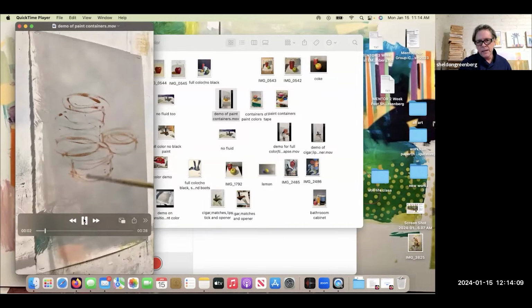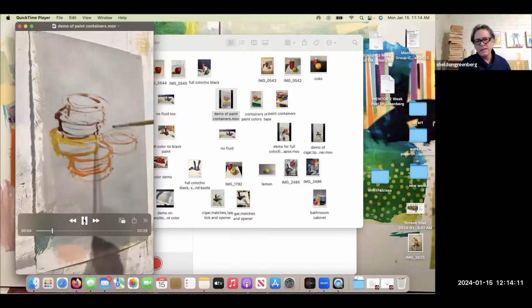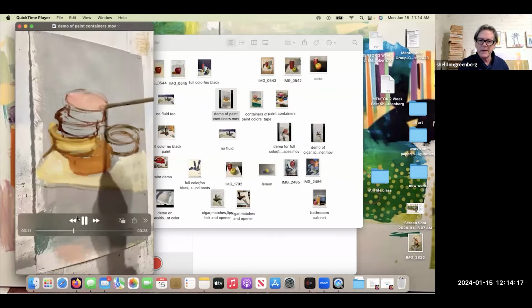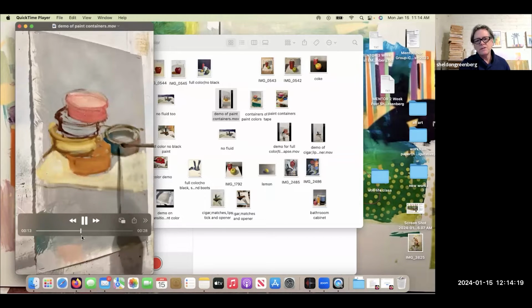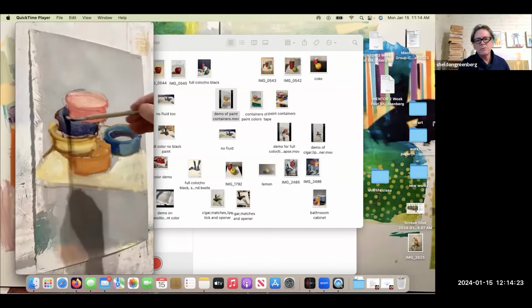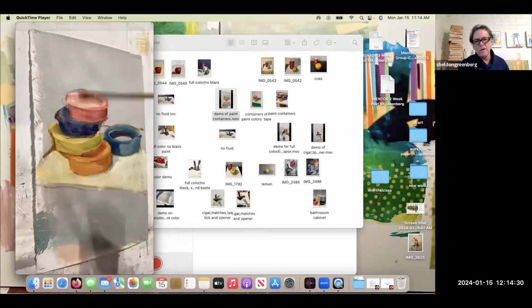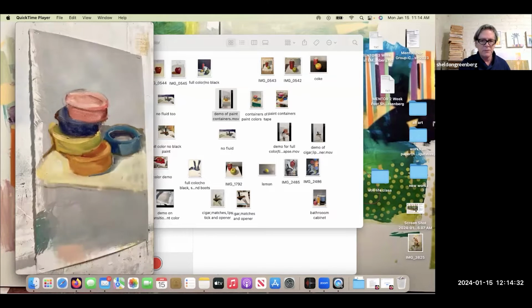So now I'm just drawing it up, keeping it very simple, not getting too specific, blocking in the key color again, and focusing on just the main shapes, starting to get a little bit more specific as I'm moving. And then, really focusing in on the value change, on the saturation of those objects.